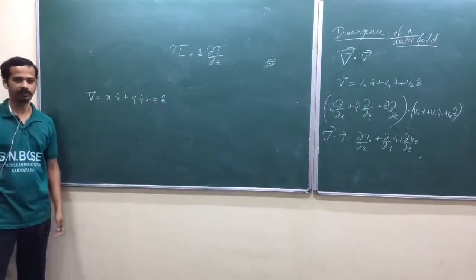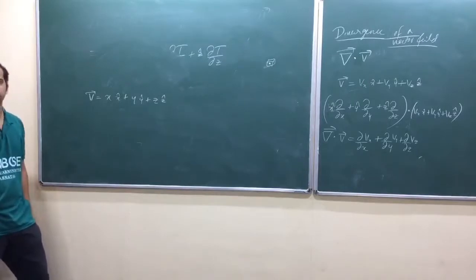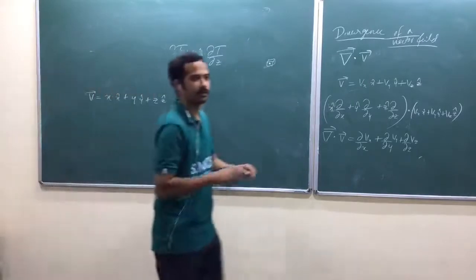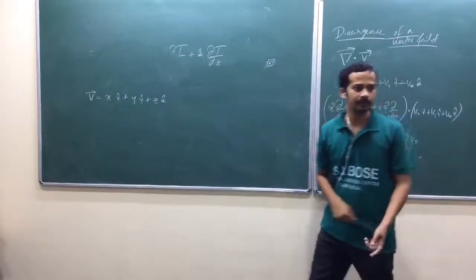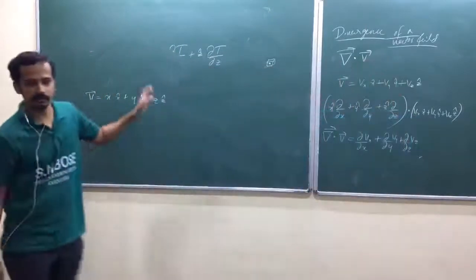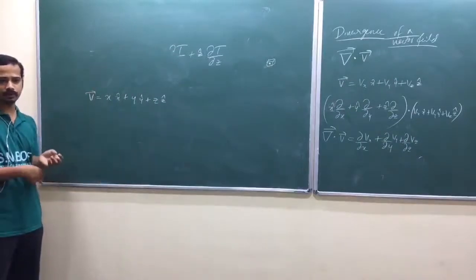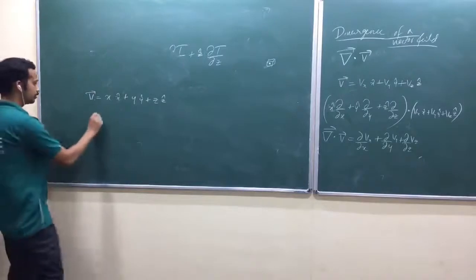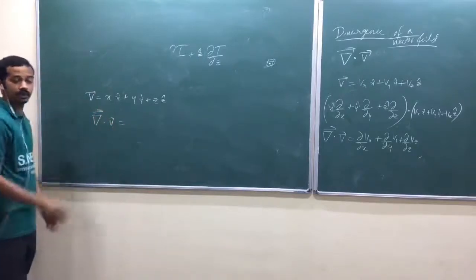Again, position vector. Am I right? So now that position vector, you will have some divergence. Can't you feel, because that position vector is going outward from the origin? If you have the collection of all position vectors, at different points you have different position vectors. Now look at here. So take del dot v. Let me interpret this one.